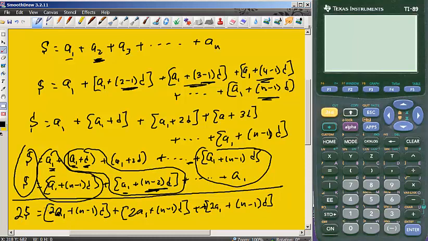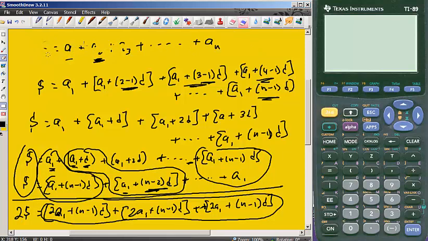Well, when you add them all together right here, I have n of those. So therefore, I can rewrite this. So let me erase some of this stuff real quick here. In the top, I can rewrite that, and I'm almost done with this formula. So I can rewrite this as